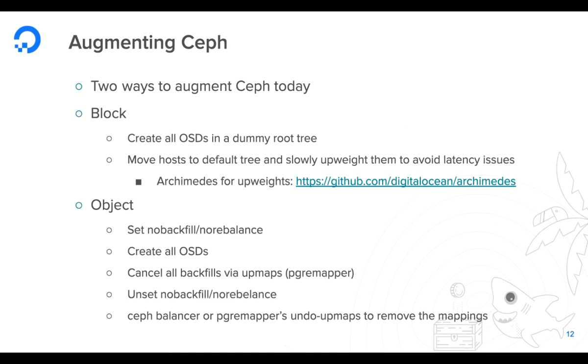So we create all the OSDs in a dummy root tree with a weight of zero, and we move these hosts to the right crush location in the right racks, and we slowly upweight them to avoid any latency issues. If you just add everything at once, you're going to have latency issues on the clusters that are going to impact customers. The only difference with what's usually recommended upstream is that we have developed a tool that automatically does the upweight for you at a